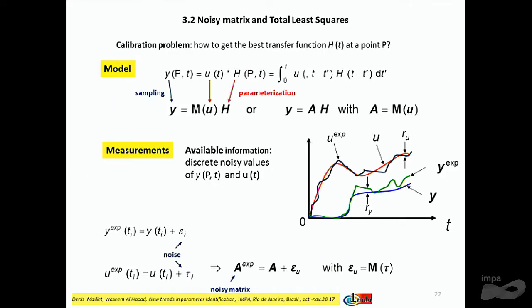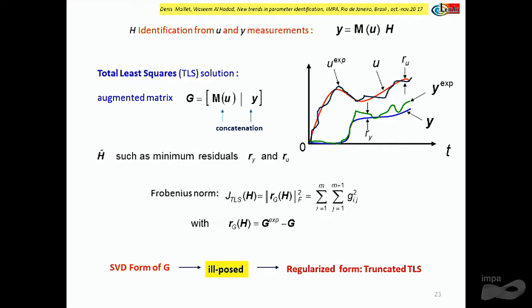So now, in the real world, we have noise. We have noise on the output and on the input. So if we have noise, and since this matrix is built from U, for example this function, it means that the matrix here is noisy. So there is noise in the matrix, which is more difficult. In this case, the people that make linear inversion with a noisy matrix operator use total least squares. What is the total least squares?